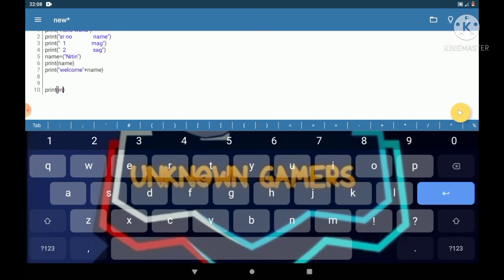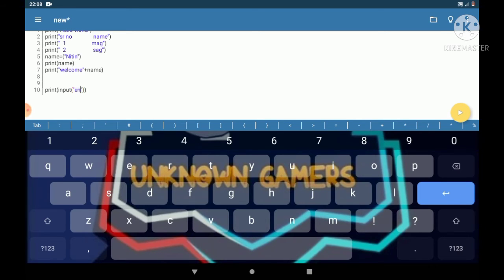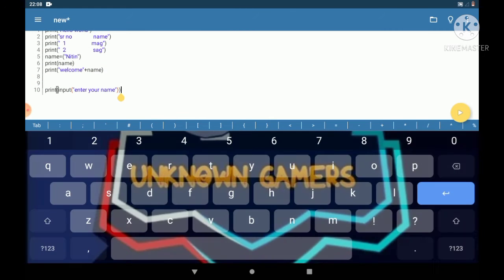So I will give the input function, we will be taking input from the user. Now what the input will be, that also I am going to write. What we have to take as input, we have to write also. So: enter your name, only this much. Now you can see that "enter your name" has come. Now I am writing Nitin, and see, Nitin is printed like this because I have not given anything else. So this was an easy method, but there is one more easy way.